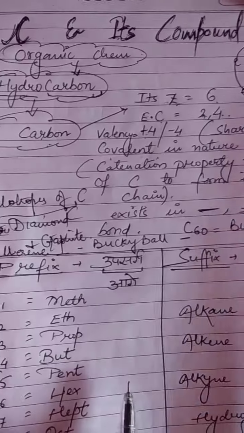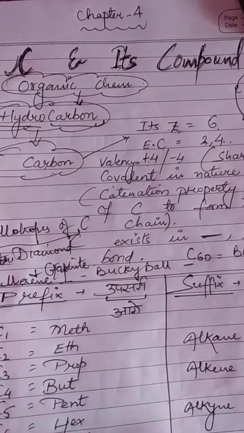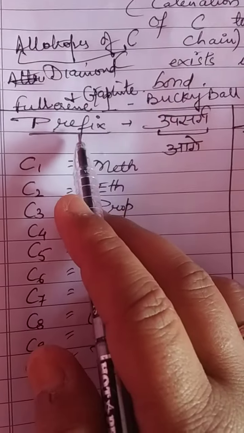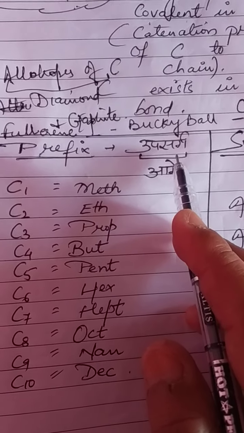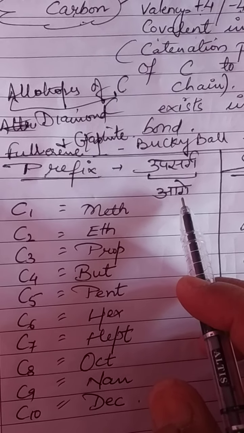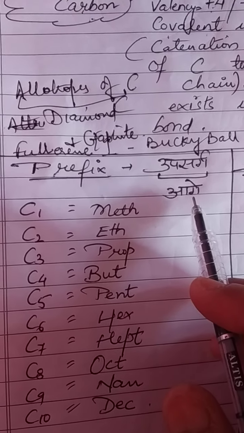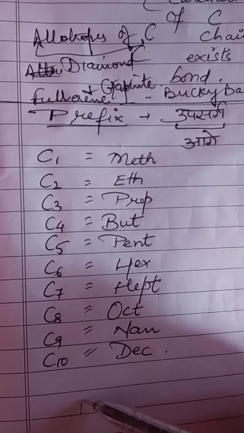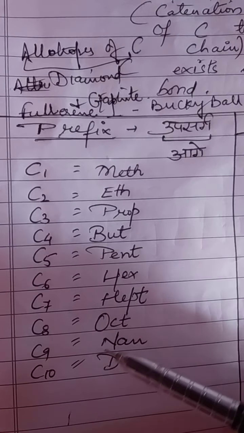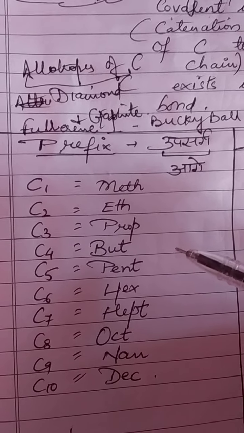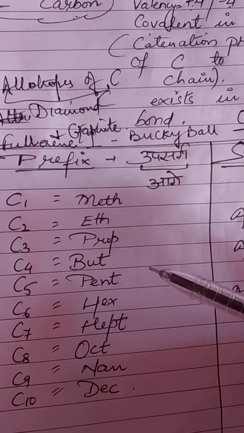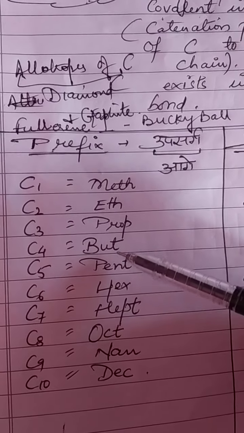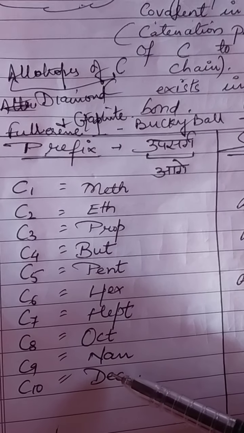So before starting the properties of carbon, I would like to explain the prefix. In Hindi, as you say, उपसर्ग, words added at the front to complete the word, right? So this is the chain you have to learn. As you have learned elements 1 to 30, atomic number, atomic mass, and you know the isotopic property and isobars, which you discussed in the 3rd chapter. Now you have to learn this: meth, eth, prop, but, pent, hex, hept, oct, non, dec, right?